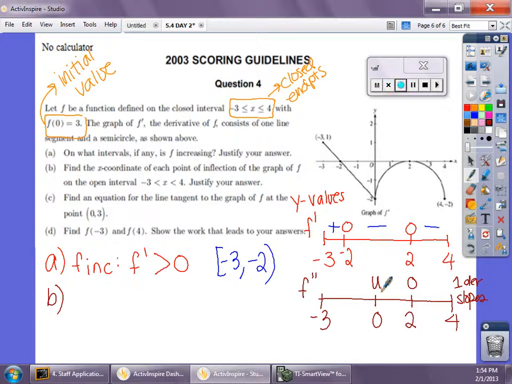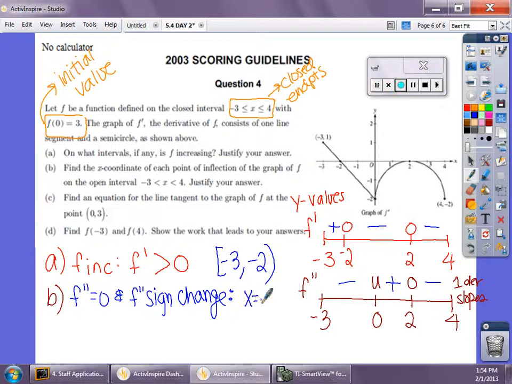And then I'm going to look at the slopes from -3 to 0. The slopes are negative because it's decreasing. The slope is now positive because it's increasing. And the slope is negative because it's decreasing. All right, so with that, I know that I have points of inflection when f double prime equals 0 and f double prime changes sign. And that happens when we get